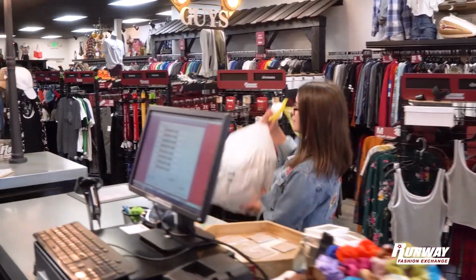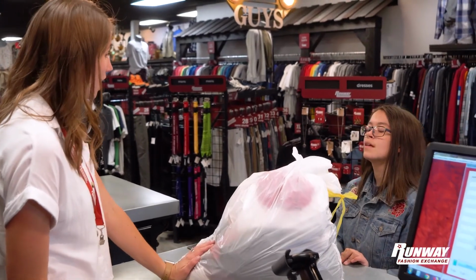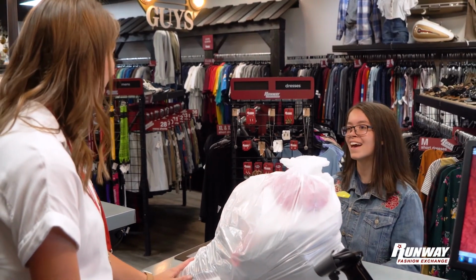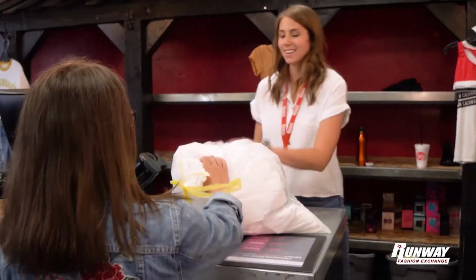But also be reasonable and upfront about our designated times and communicate with each customer by saying, "Our buying hours end at 7 p.m., but since you have a small bag, I can finish it quickly here. I'm able to make an exception for you one time if you're willing to stay in the store until it's finished. Next time, bring your items in to sell before 7 p.m." Or,